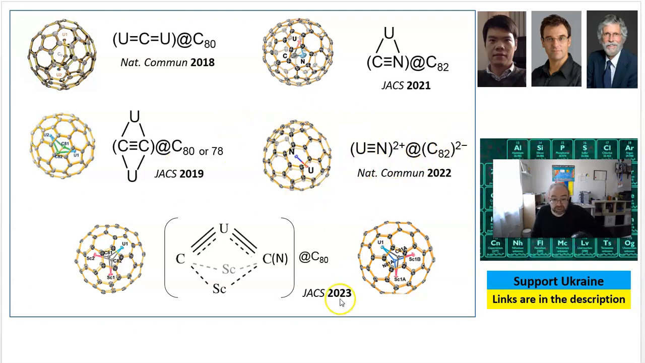And in this fresh paper, there is a completely never-seen thing with 1 uranium, 2 carbons, or 1 carbon and 1 nitrogen, and 2 scandiums. Also interestingly, you can see that in each case the fullerene has a different number of carbon atoms. It varies from 78 to 82, and I really look forward to seeing what they will come up with in their